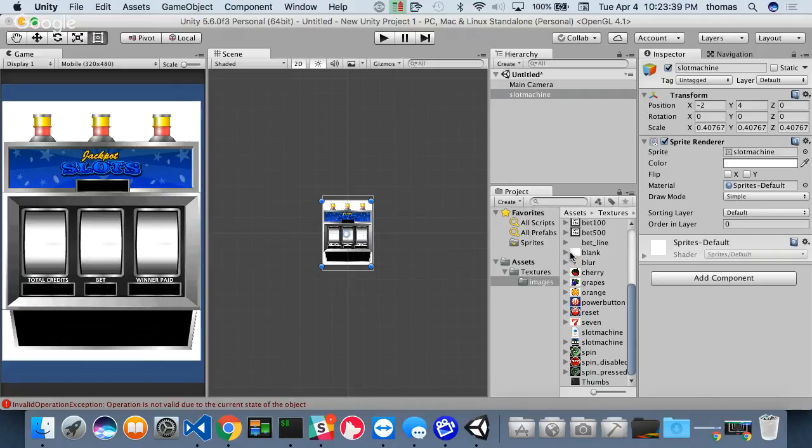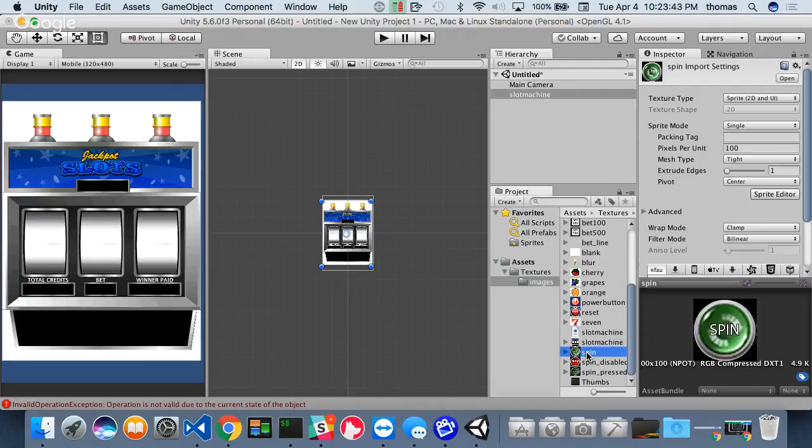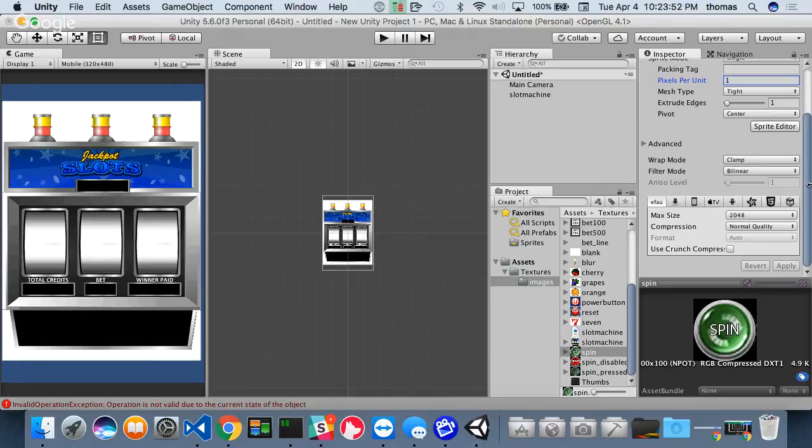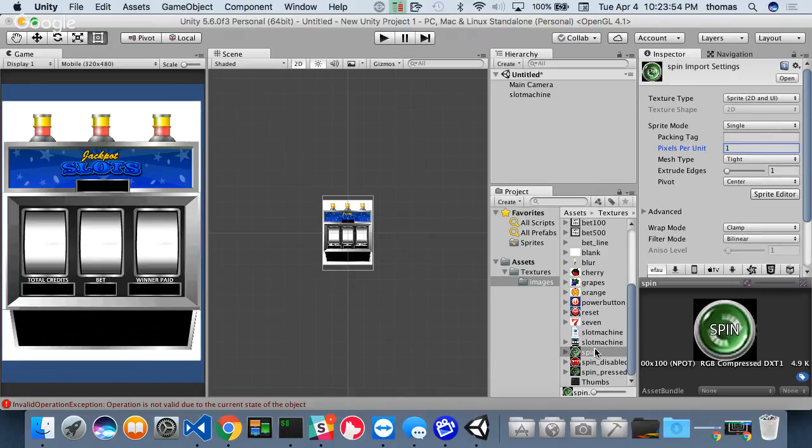Hey, now that I have this, I can do the same trick to all these other buttons. For example, my spin button. My spin button is also 100 pixels to 1. I can make this 1 to 1. I can apply the changes, and then I can drag it in, right? Once I drag it in, it becomes an object,